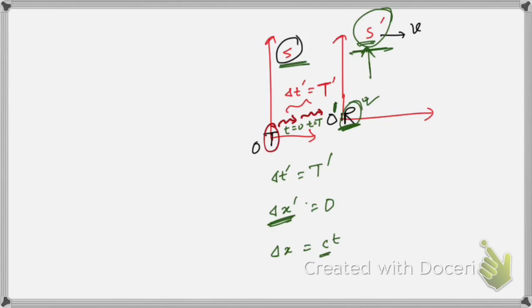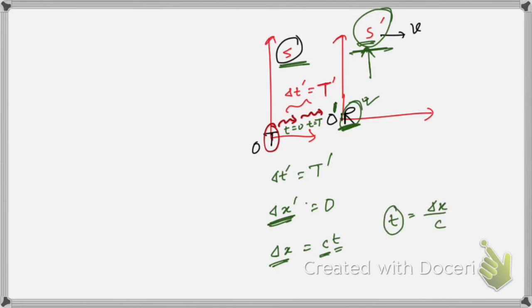So c is the speed of light into t, so that gives you the distance, because you know that distance is equal to time into speed. What will be the time taken by the light, the second pulse, to reach the receiver? That will be t is equal to dx by c,